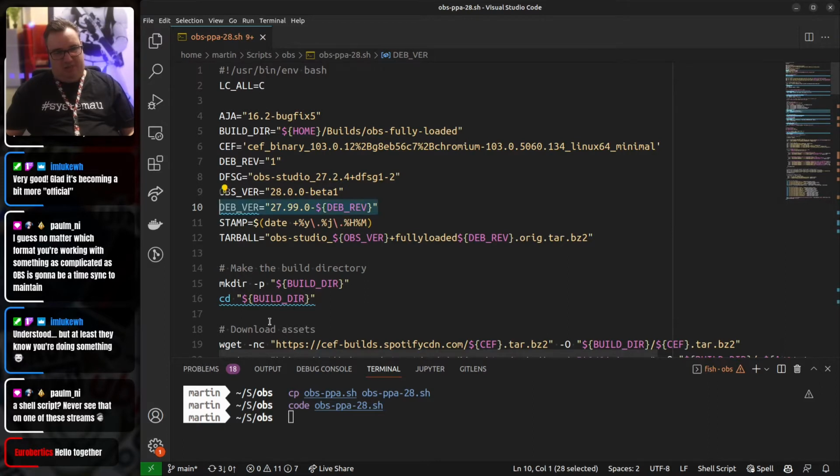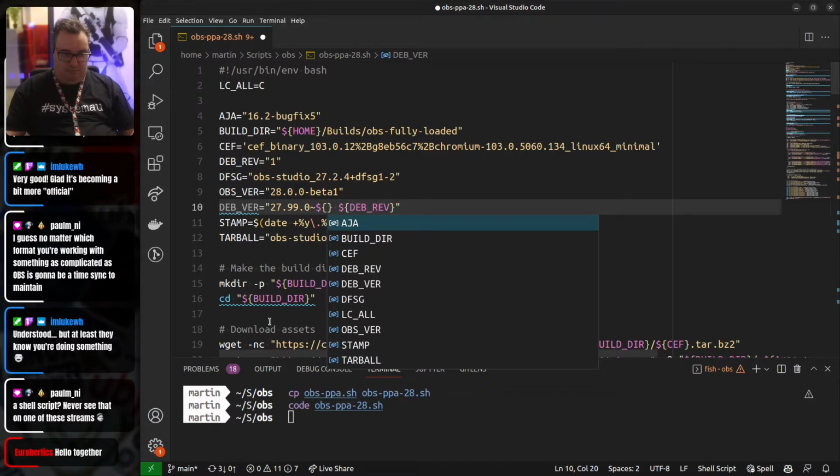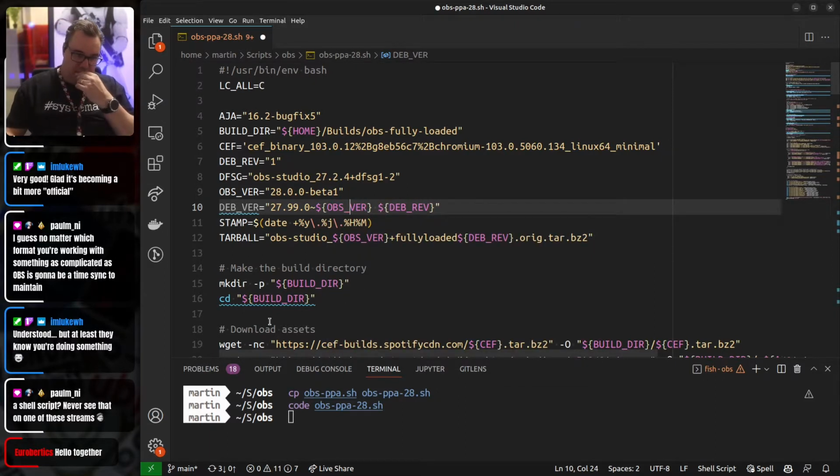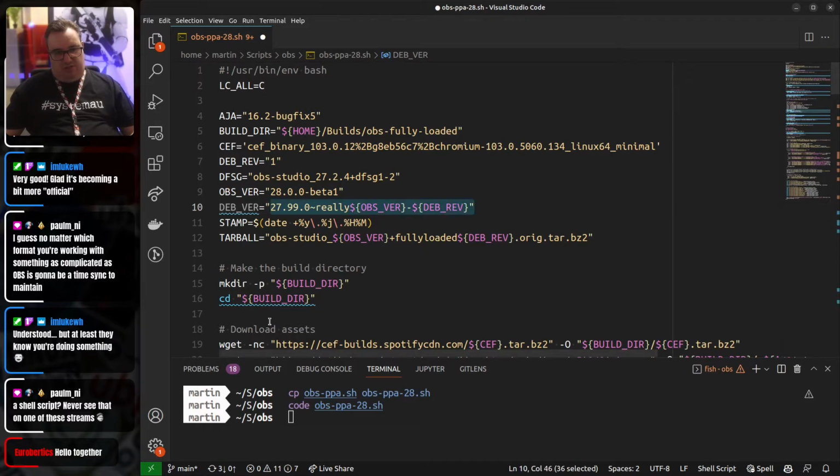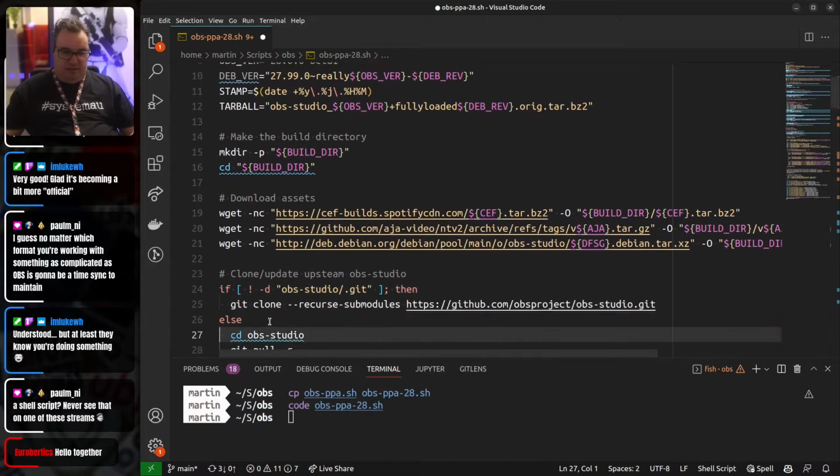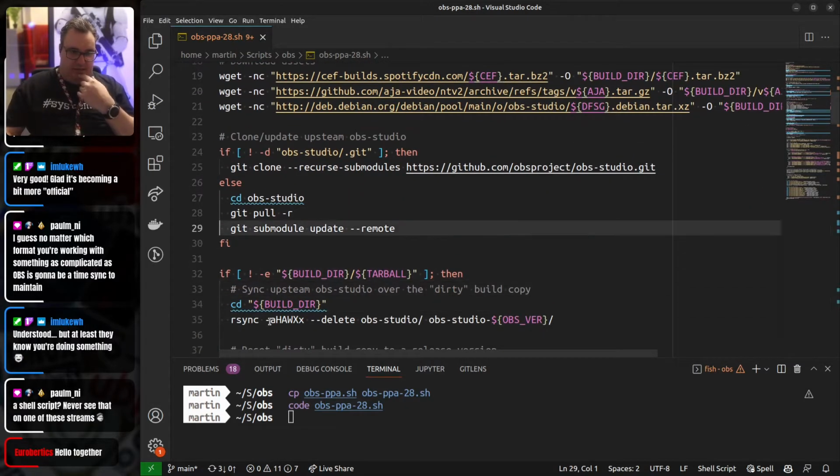So I'll need to incorporate that because that will be a change in the way the packages work. I may even do something like this. I think what we'll do is this, so we can actually track this correctly. We can do OBS version, do something like really do that. That should do it. So at least we can see in the Debian version number that it's really a 28. So we'll go with that. So this will mean that this works. We can pull down the submodules and then